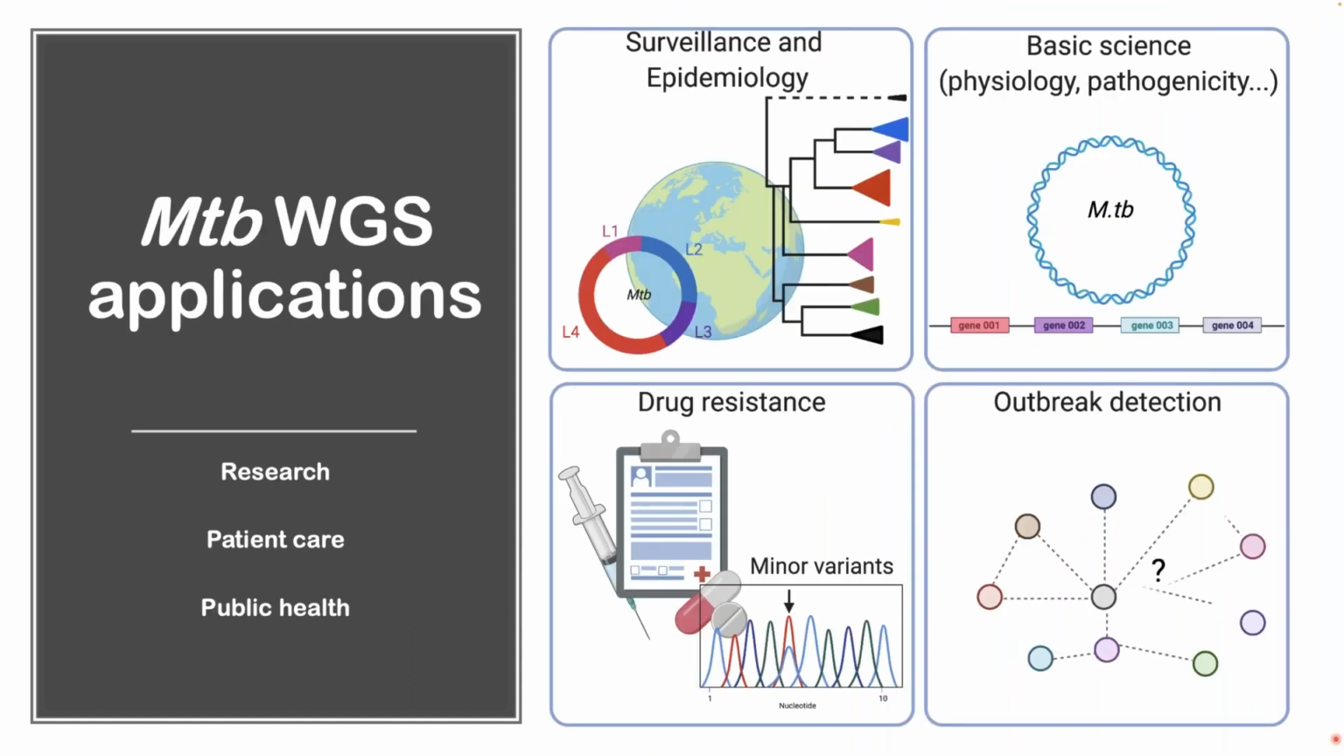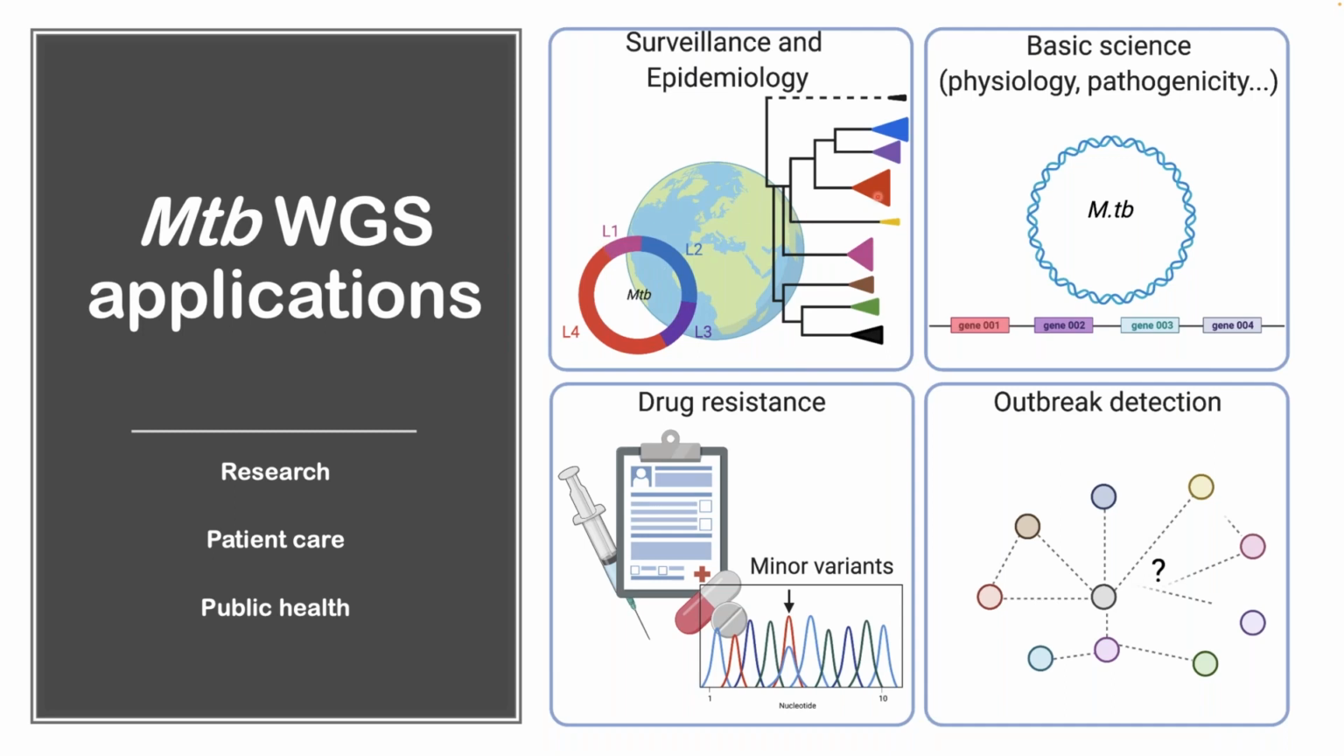So whole genome sequencing as a technique has been applied in the world of TB research since approximately 2010, and we've really come a long way to also reap its clinical and public health benefits. So whole genome sequencing enables us to construct detailed phylogenetic trees, such as the one that you see here. And by analyzing genetic variations, we can track the evolutionary relationships between different TB strains, aiding in surveillance and epidemiological